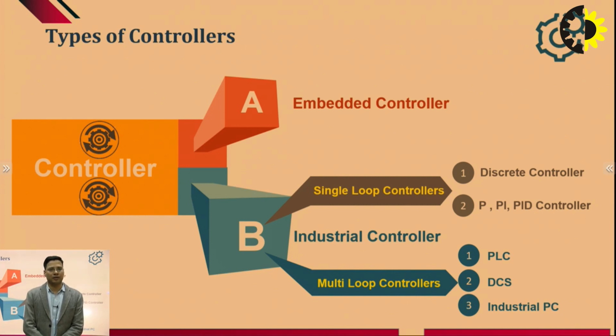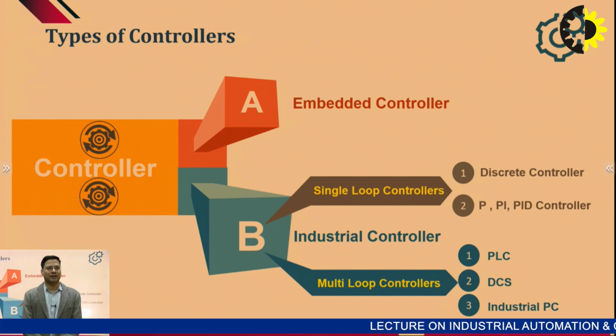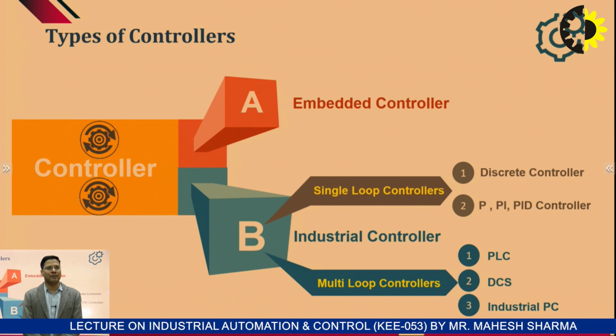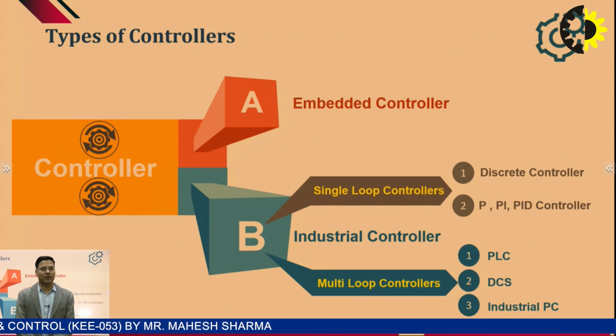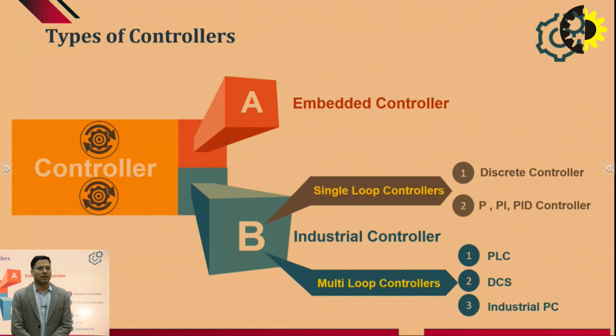Like in an oven, we only have to set the temperature at a particular level, and that temperature is controlled every time in the same way. Whereas in industries, every time we have a change in operation. So these operations are then categorized as programmable logic controllers, PC based controllers, or we can have PID or PD based controllers. Okay, so again these controllers are categorized in different forms.